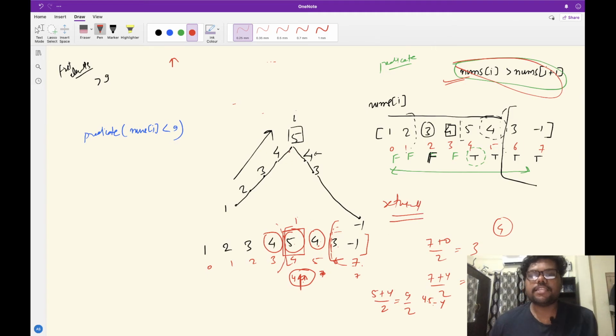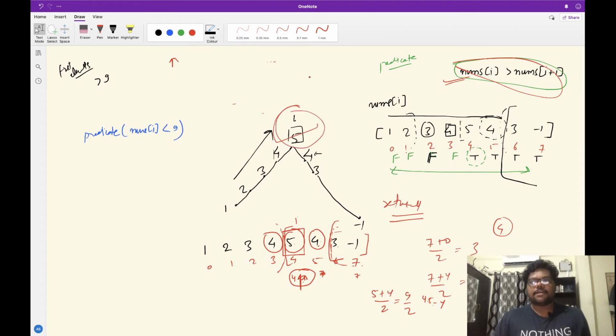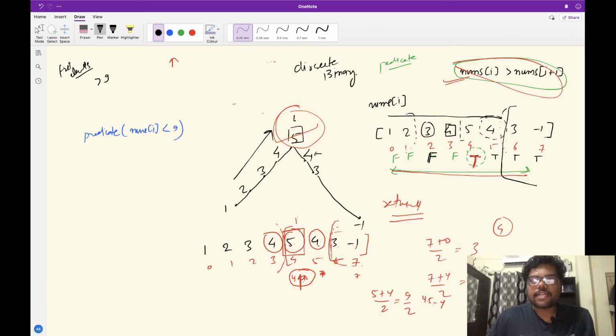So this is how you can use binary search to find the peak of an element in an array. Why were we able to find the peak? Because in the data set, the nature of the data was such that it was changing the predicate value at some point. This idea is called discrete binary search. There is a very good article on Topcoder's blog on binary search, and you can read about discrete binary search there, and how this predicate can be used on a variety of other problems as well.